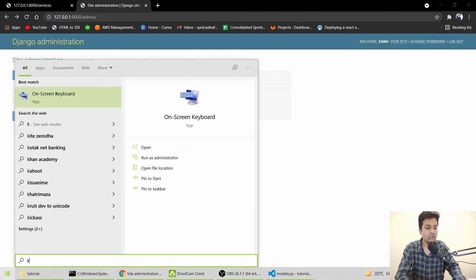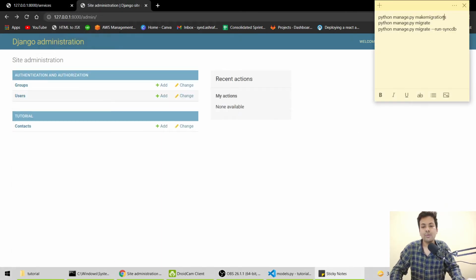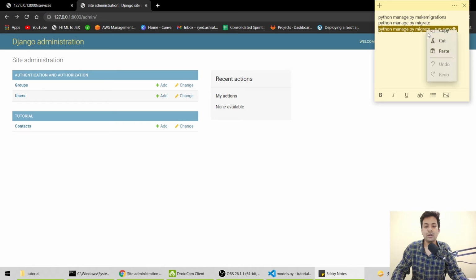So let me show you. Like you have to do makemigrations like we have already done, then migrate, then python manage.py migrate --run-syncdb. I'm just telling it to synchronize the database. This command you also have to run a lot, and there's one more command like fake db. When you work on a real project or your personal big project, you'll use that command also a lot. So I'll just copy run-syncdb.